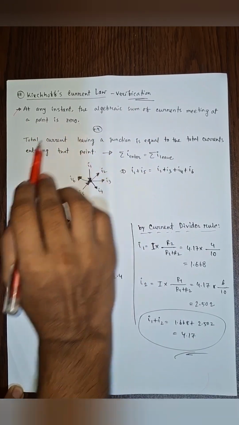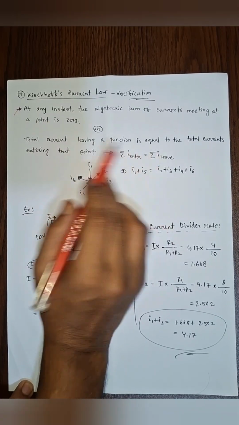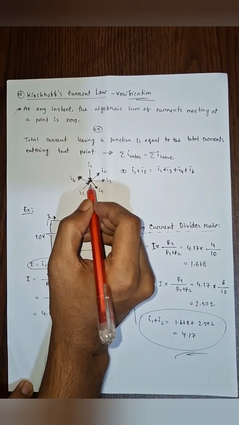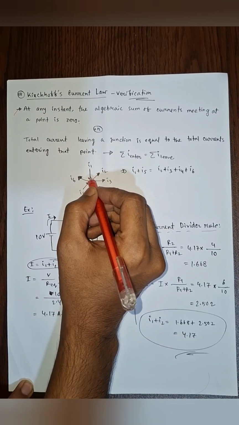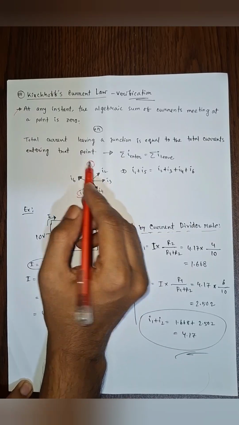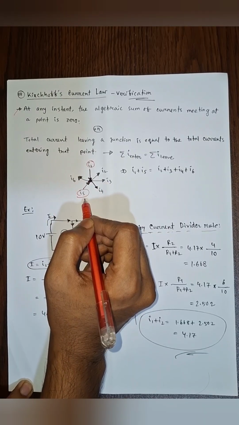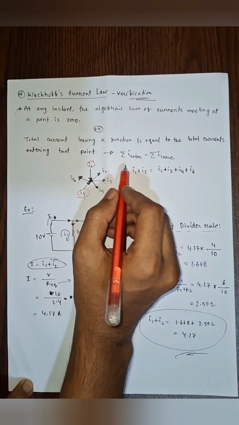We can say this, or we can say this: total current leaving a junction is equal to the total current entering that point. If we see this point, the currents entering here are two currents, I1 and I5. So we see I1 and I5 are entering, and the rest four are leaving. So from that,